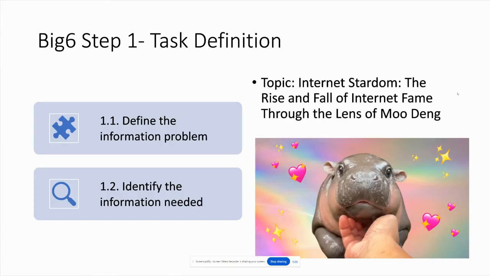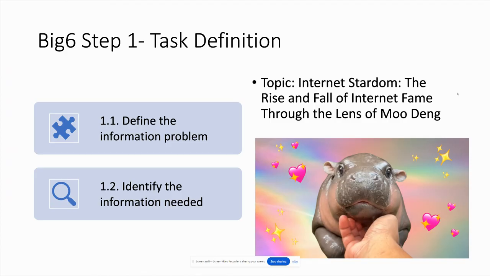Now, the first step in Big 6 is task definition. That means defining the information problem and the information need. What that means, though, is that you're defining the problem. Whether your teacher has given you that problem or you have to choose a topic that you need to research,